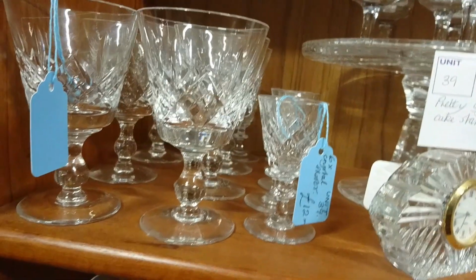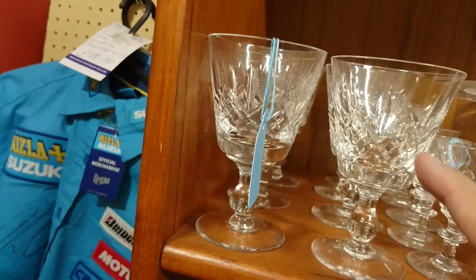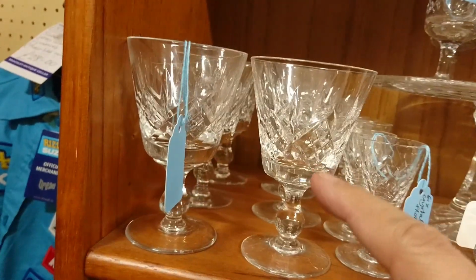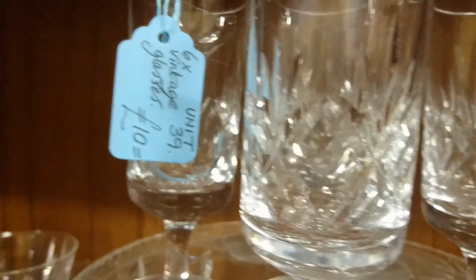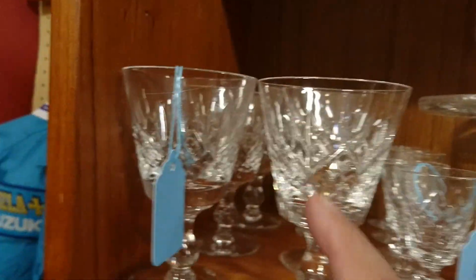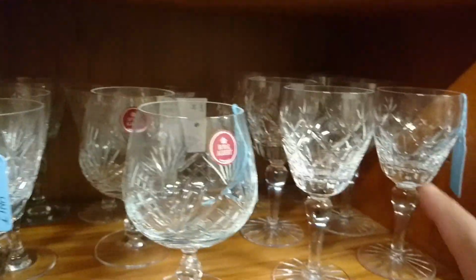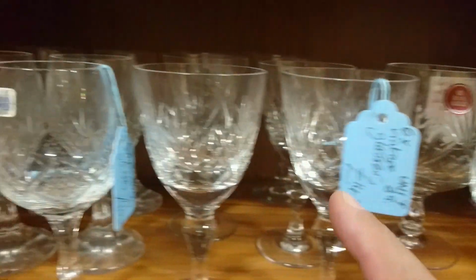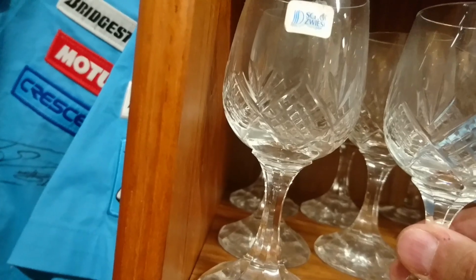And this is why crisscrossy patterns do me. So I know this pattern. This is Stuart Crystal, Glengarry. We saw a decanter earlier with the same pattern, but then you've got another crisscrossy one with a fan on the top. Yeah, don't know that one. There's another one. This is crisscrossy, but it's got more uprights than that one. Then you've got another one with a crisscrossy with a fan on it, and then more crisscrossy fan, crisscrossy fan, crisscrossy fan. Oh, label. This is German,